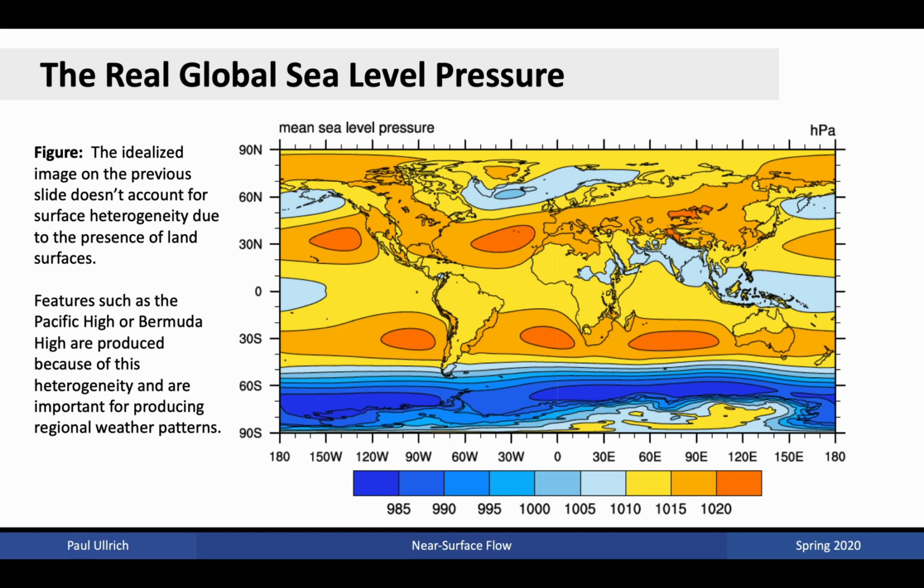In the mid-latitudes, we have lows. And in the polar regions, we have highs. That is, at the very top and bottom of this diagram, we have slightly higher sea level pressures than in the mid-latitudinal regions. But if you look at zonal variations, instead of the high pressure being fairly uniform in the zonal direction, we instead see clusters where you have much higher pressures than to the east or the west of